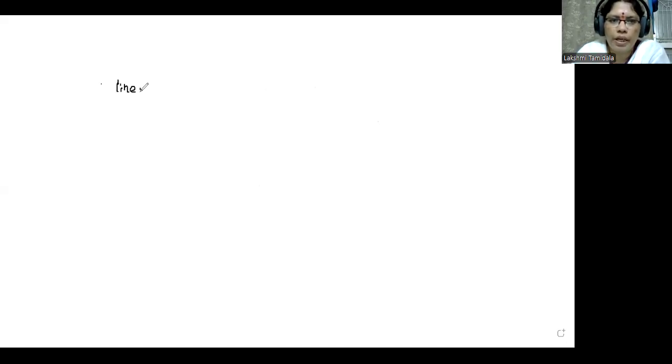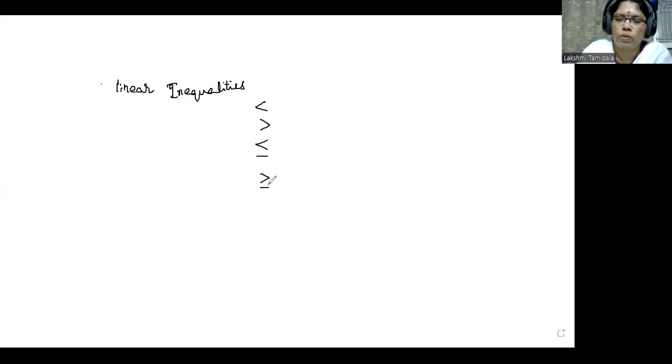Now, linear inequalities. Inequalities means other than equal. Means either less than, greater than, less than or equal to, or greater than or equal to. So they consist of these symbols. Okay. So the expression is, for example,